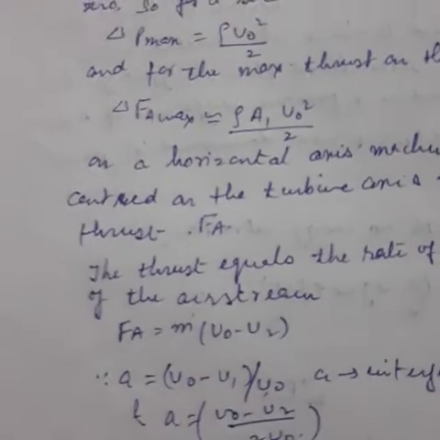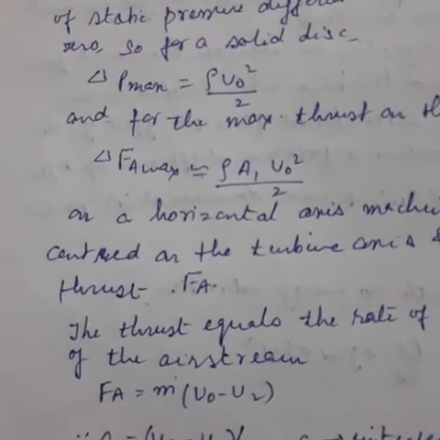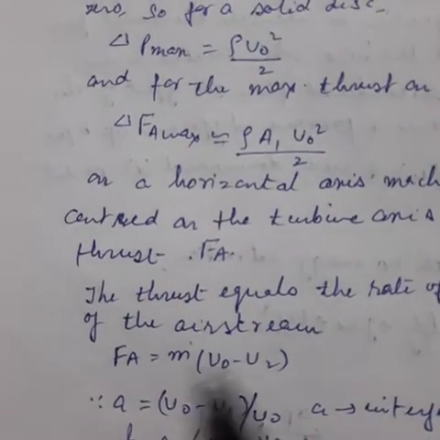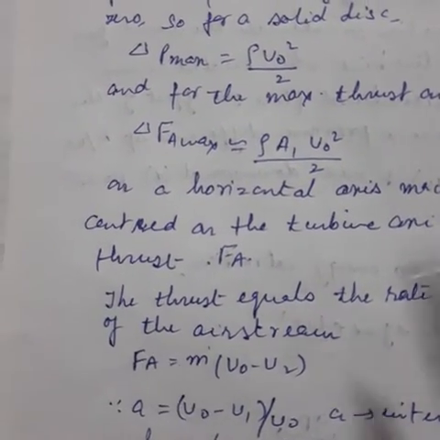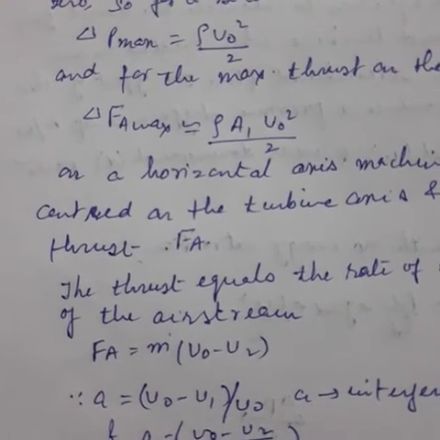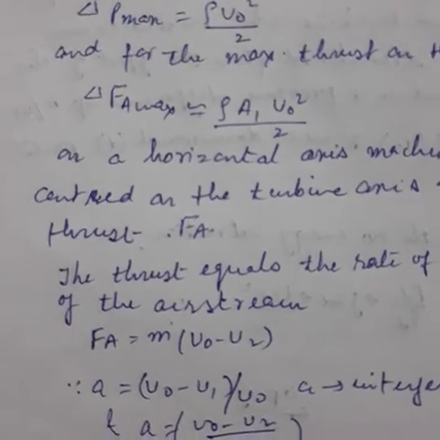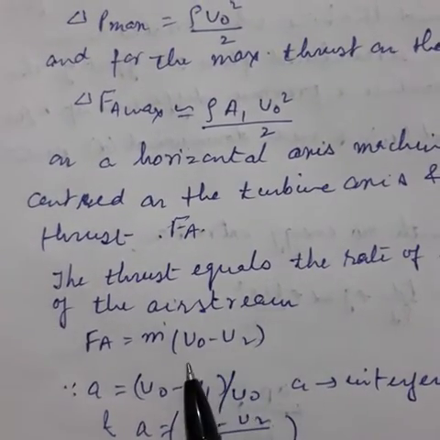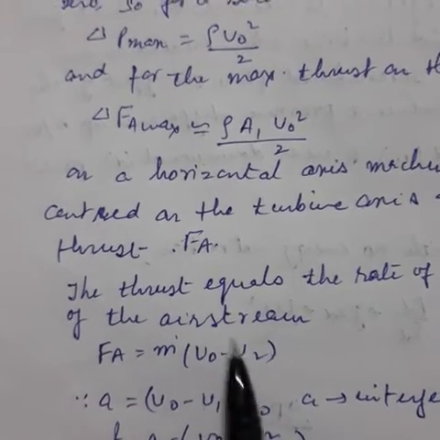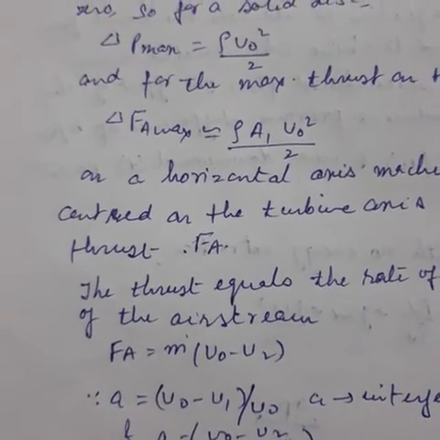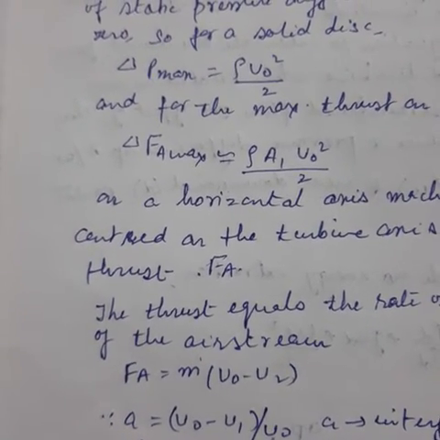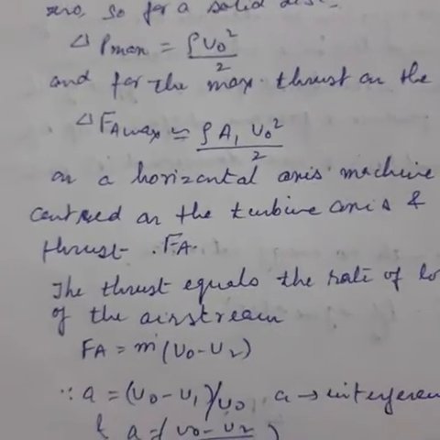In the previous video we discussed that when we calculate the total power developed through the turbine, we calculate the force. According to the second law of Newton, F is equal to m into a, the change of acceleration, that depends upon the total change of velocity, u0 minus u2. u0 and u2 are the initial velocity and exit velocity of the air when it passes through the turbine blades.